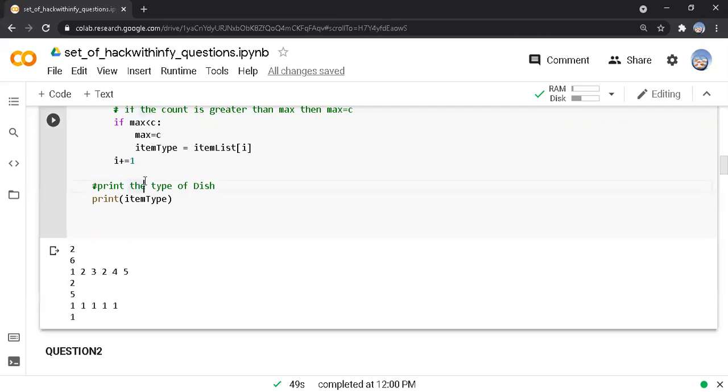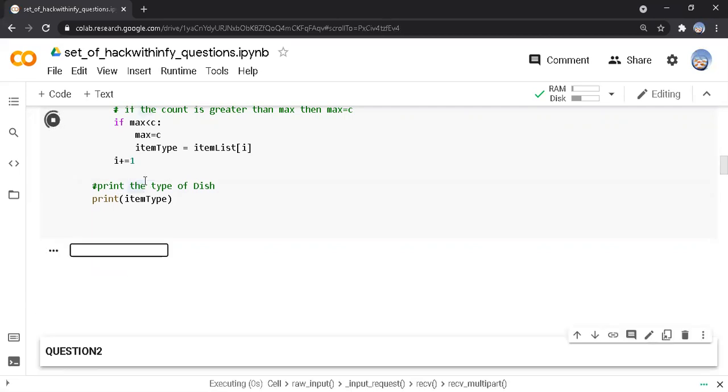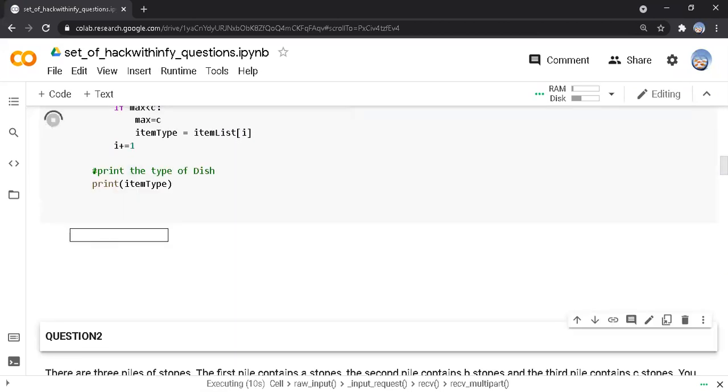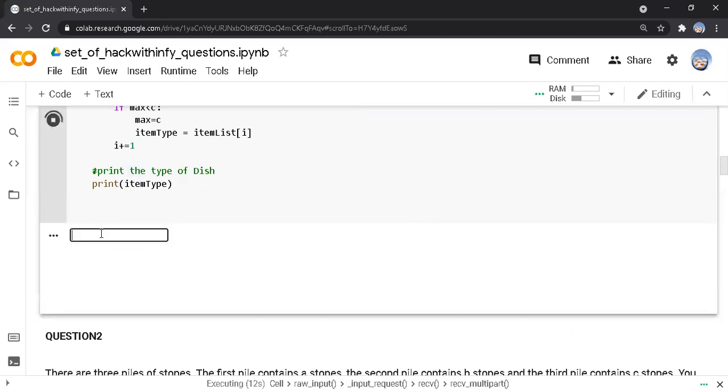I will run it with the test case given in the question. They are given 3 as the number of test cases. After that, they are given 5 as the first test case, and they are given 1, 2, 1, 2. The answer will be 1 because type 1 is the answer.